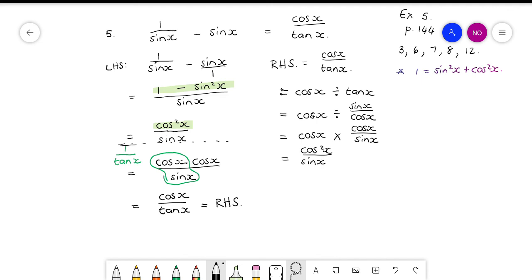So if we stop there, then you could have said left-hand side equal to right-hand side. So enige een van daai twee metodes is reg. Okay, so